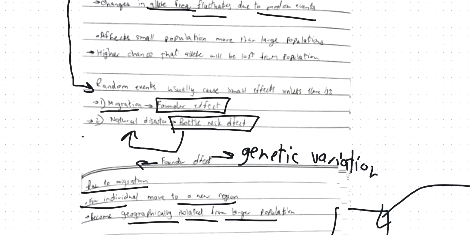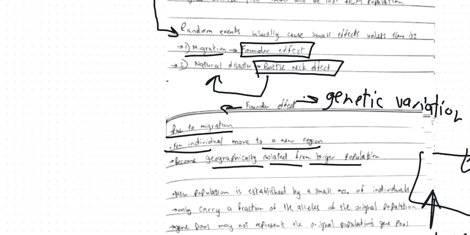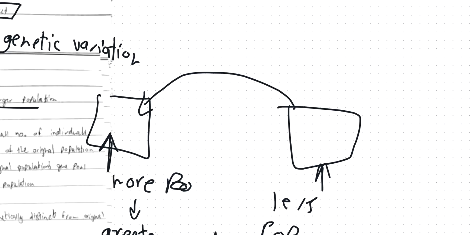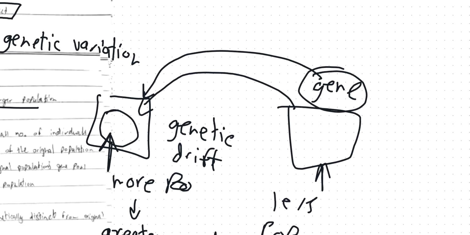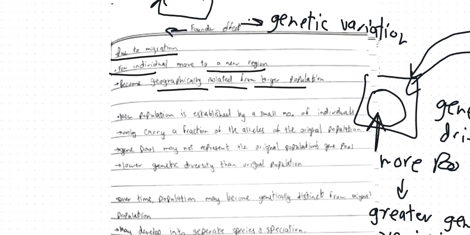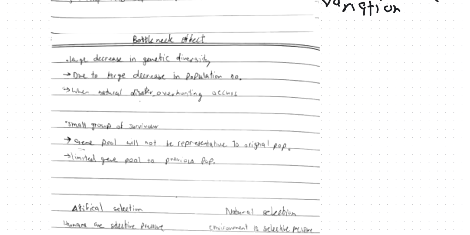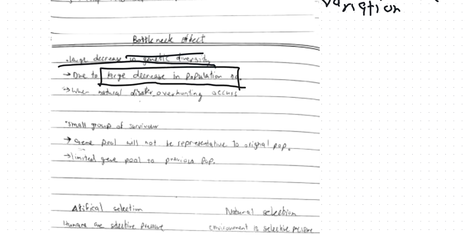Genetic drift basically means that you're changing the allele frequency, because these people can carry many different genes, and when these many different genes move to a newer population, then you'll have genetic drift. This means that this population will have a different number of genes, because new genes were introduced to this population. So yeah, this is called the founder effect. And the bottleneck effect is when you have a large decrease in genetic diversity. So this will be caused due to a large decrease in population number. And this can happen when you have overhunting,